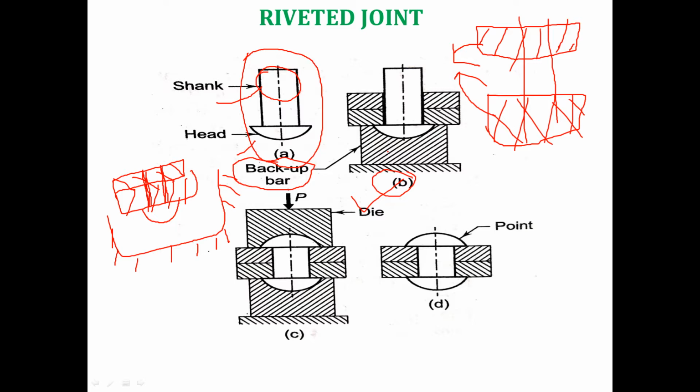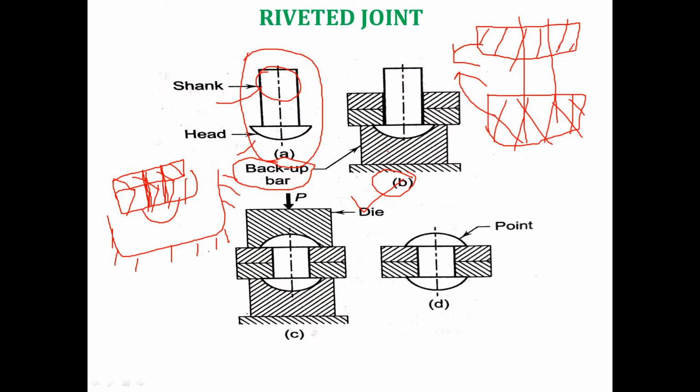Very good. The upper head, you don't call it a head, you call it a point, because the technical term is point. That point portion is not there in the upper end of the rivet. If the point portion is not there, that means this is an open riveted joint. And if you use an open riveted joint in any machine member to join two mechanical components, there is a danger. Anytime that component can get dismantled.